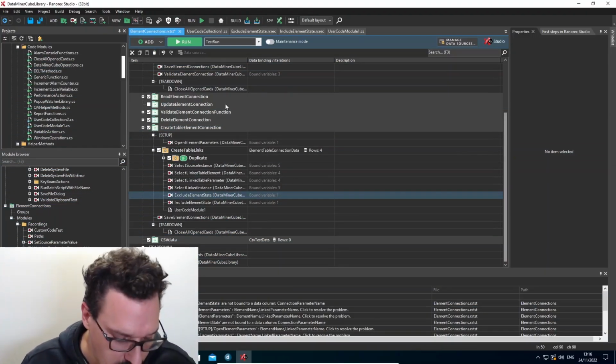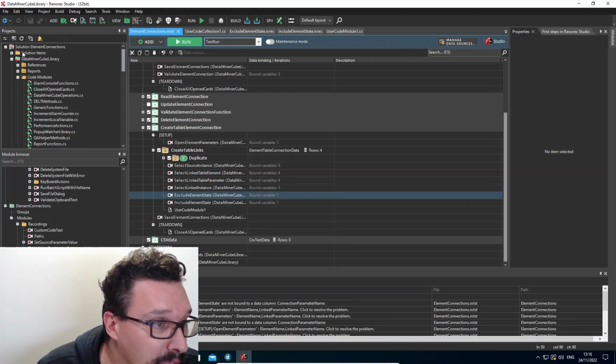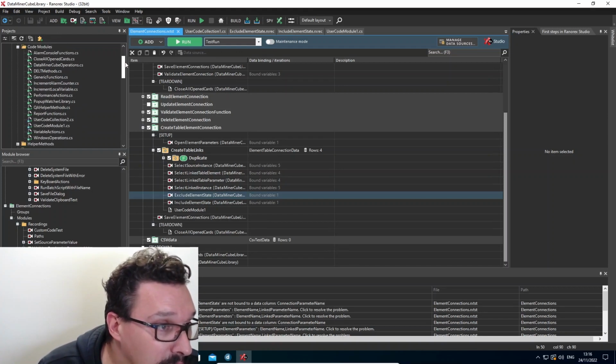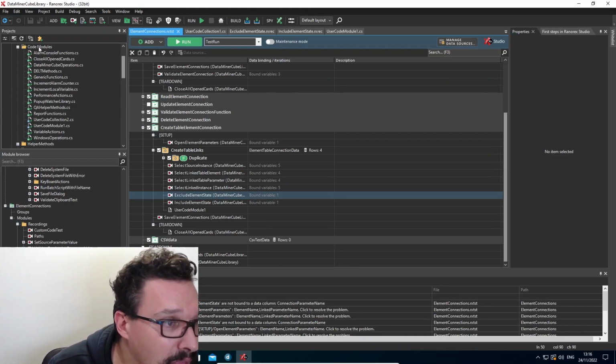Okay, now if we want to reuse an already existing function, we've done this a few times already. So in our data miner cube library, there's a folder called code modules. This is kind of a mistake we made when first setting up the project, and we don't want to change it anymore to avoid confusion. But in fact, the code modules folder here contains both code modules and code collections. So if you're setting up a new project, I would advise you to create two folders, one for code modules and one for